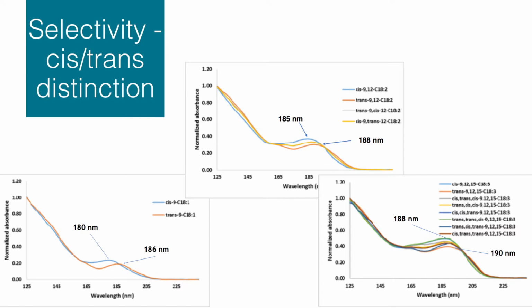The two cis-trans, trans-cis isomers are actually identical to one another and lie in between those two extremes, the cis-cis and the trans-trans configurations. Likewise, for the C18:3s, the all-cis isomer, ALA, has a lambda max at around 188 nanometers, while the all-trans isomer has a lambda max at around 190 nanometers. And all the cis-trans combinations fall in between those extremes. So you can see how VUV spectra can tell you the difference between these different degrees of cis-trans configurations for